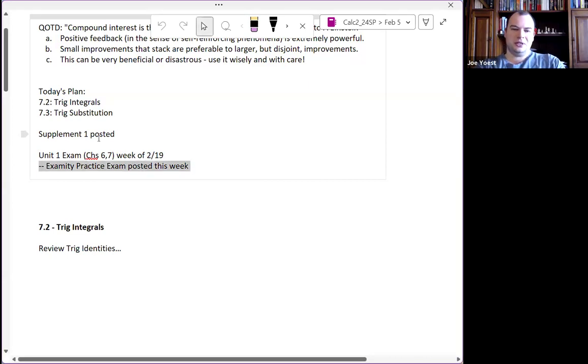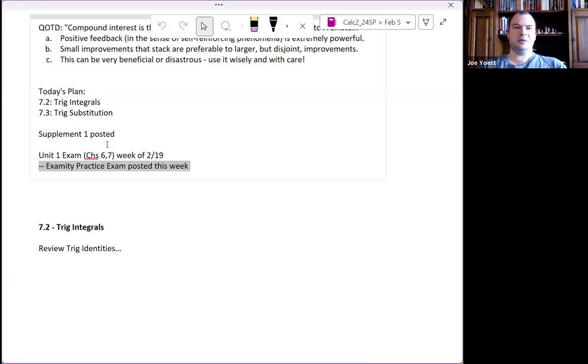The exam does use Examity. So this week, and the next day or so, I'll post an Examity practice exam and a little more information in general about that. The Examity practice exam won't be for credit. It won't be a long exam or anything like that. It'll be a couple of Calc 2 questions, but the only